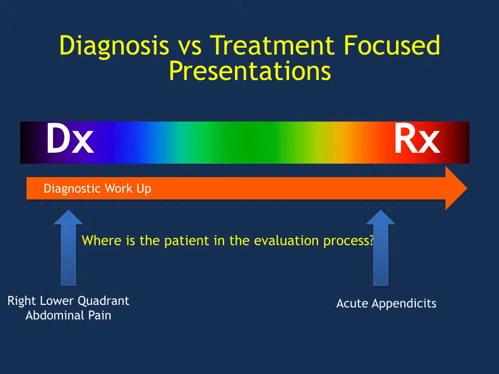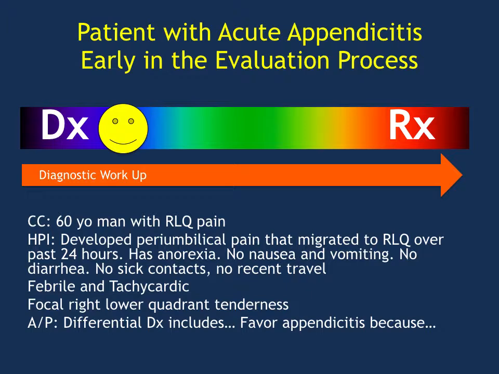And what we don't want to do is put our learners in a situation where they're out of context, meaning that they will do a diagnosis-focused presentation, even though we know it's acute appendicitis based on a CT scan, we have them present like we don't know. So for example, if this patient actually already had a CT scan and they presented as somebody who's just presenting as right lower quadrant pain, read the H&P now, and you'll see that this is a very diagnostic approach to this person's H&P,